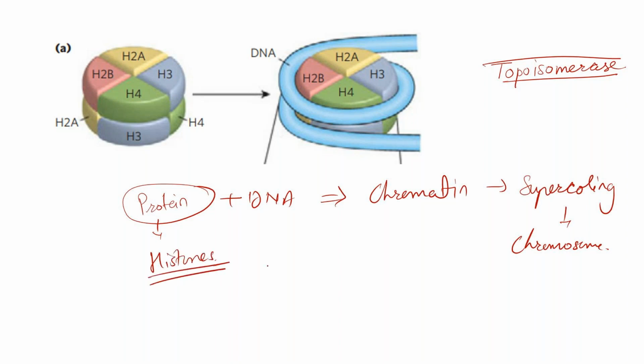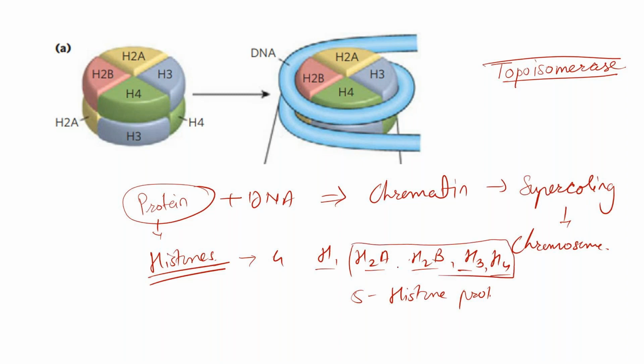So these histone proteins are of 5 types as we discussed: H1, H2A, H2B, H3 and H4. Among these 5 histone proteins, the 4 — H2A, H2B, H3 and H4 — two units of each, you can see the structure, the 2 units of H2B, 2 units of H2A, 2 units of H3 and 2 units of H4, combine together to give rise to a bead-like structure called